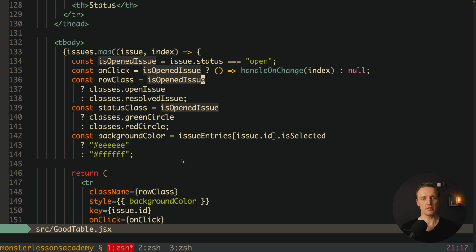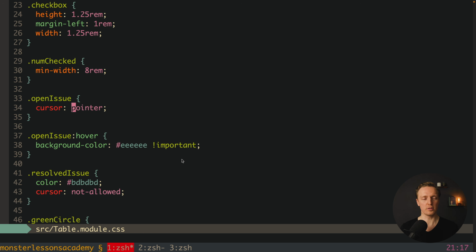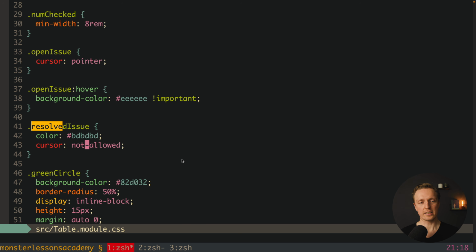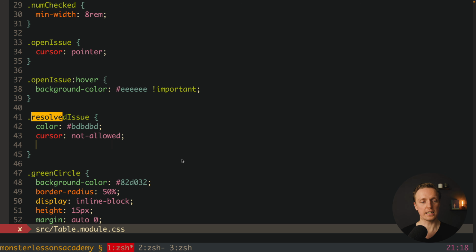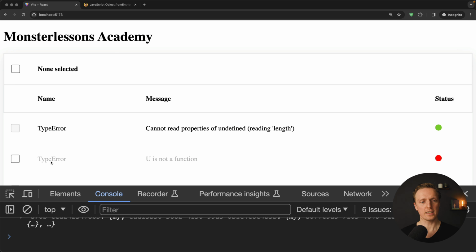And as you can see here on our row class, we have a class resolved issue when it is completed, which actually means we can jump inside our CSS, table module.css, and here we can find our resolved issue. And as you can see, the code here is cursor not allowed. We can just write here pointer events none, and it will disable completely all events at all. As you can see now, after reload, I can't really click this checkbox at all,